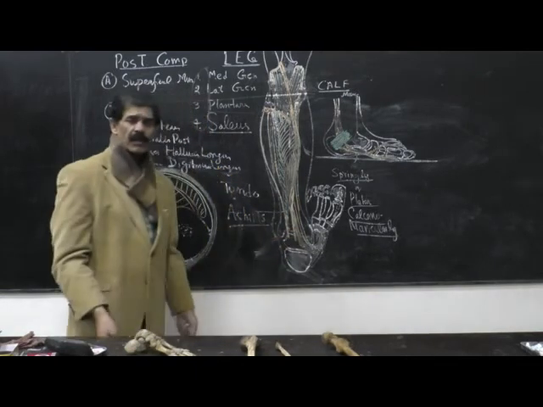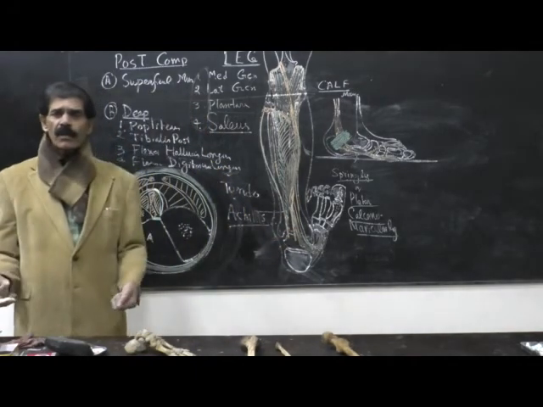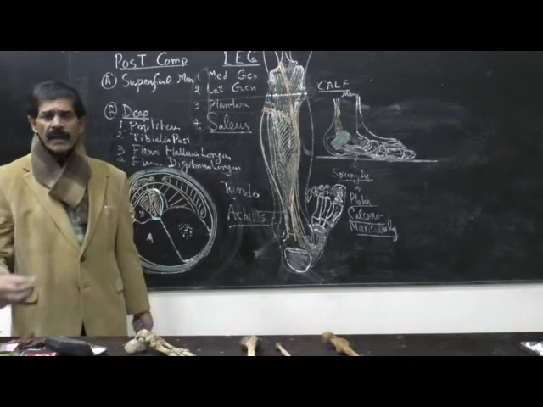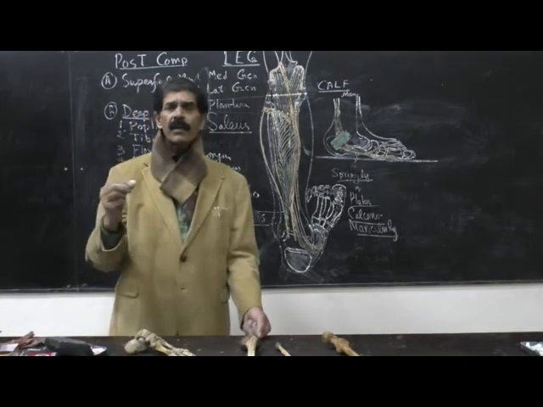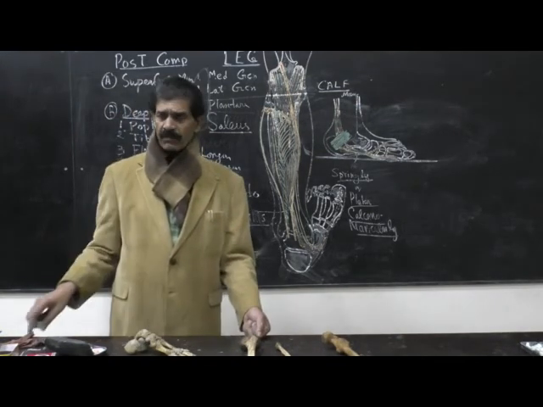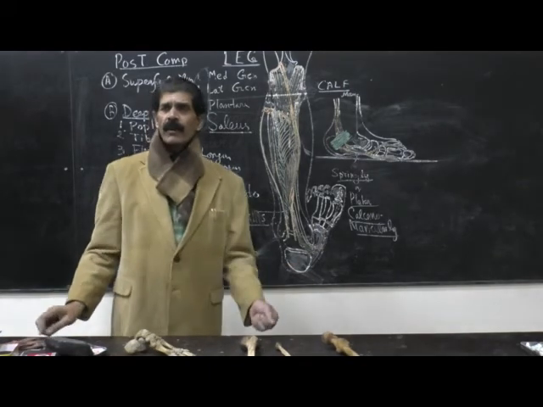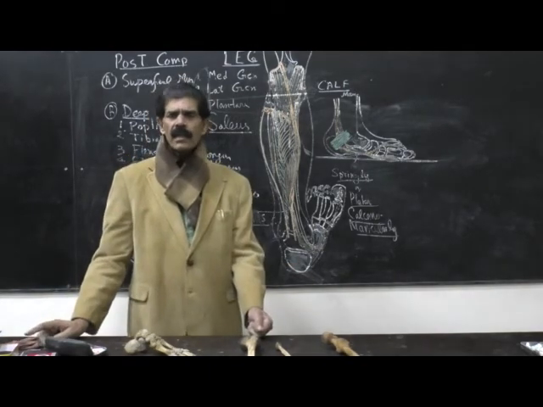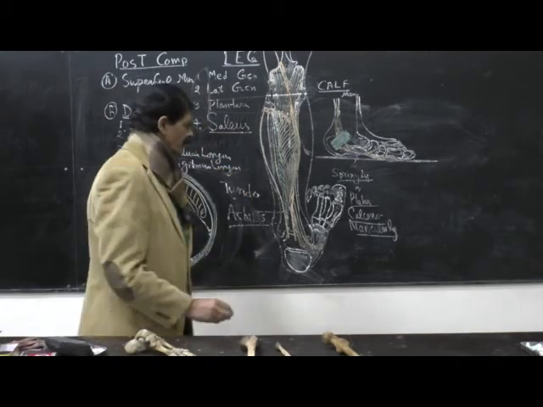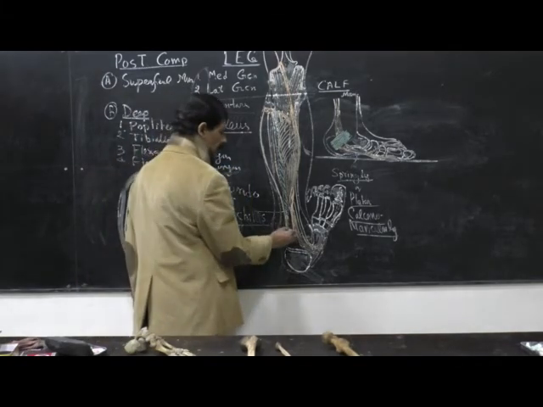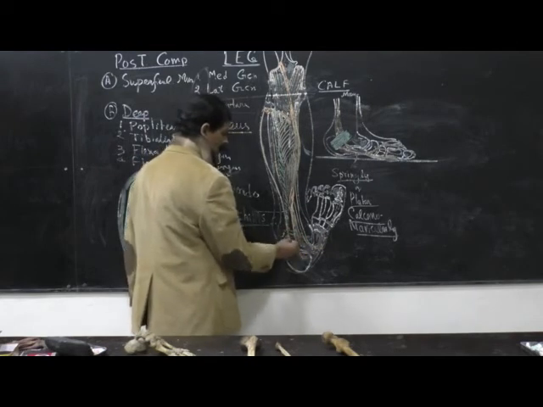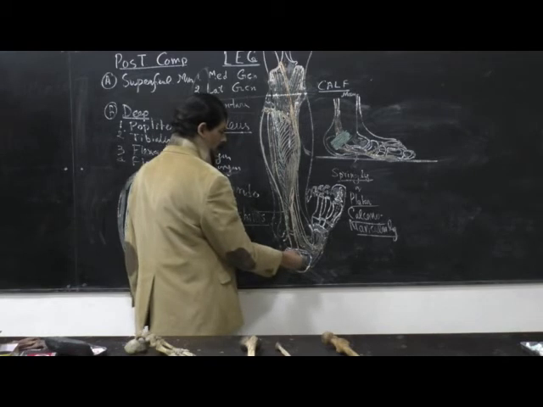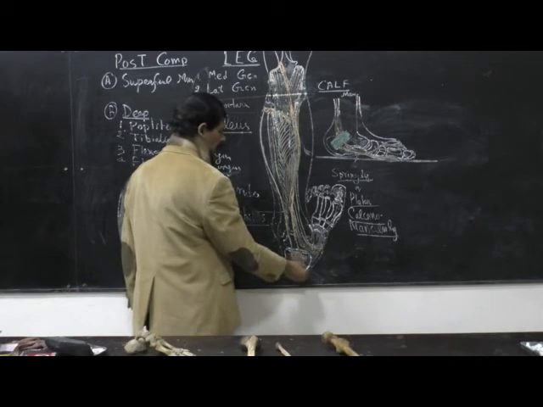As we have done in the front of the thigh, all 4 muscles unite to form the quadriceps femoris muscle, and a very strong tendon of the quadriceps femoris muscle is inserted on the tibial tuberosity with the patella in it. In the same way, all these 4 muscles unite to form the single strong tendon which runs on the lower posterior aspect of the leg, lateral to the medial malleolus, and it is inserted slightly on the medial side of the posterior surface of the calcaneum in its lower rough part.